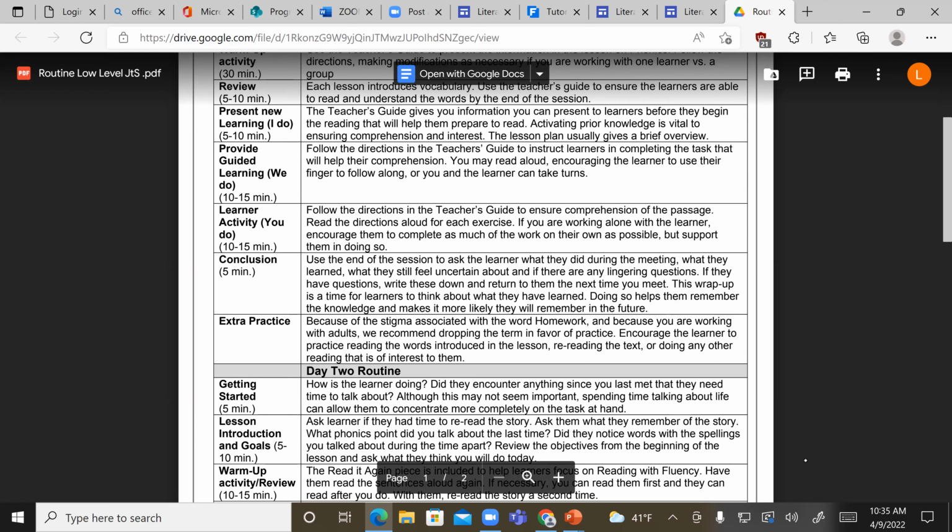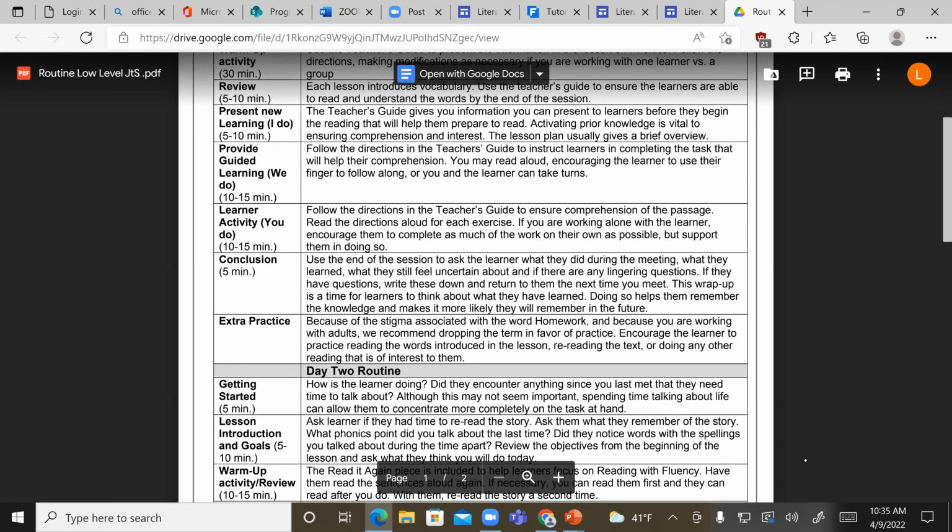Goal, right? And then we ask that you, at the end of the session, ask them, what did they learn? What's new? What are you going to remember next time? If they have questions, it's a good time to write them down so you can address them the next time. We're trying to introduce some thought processes that people do that help us function, right? That adults don't always pick up in school. They're so busy following the rules that they haven't stopped to think about why it is they're doing what they're doing. And that's really what we're doing here, is we're trying to get them to think about it, right?